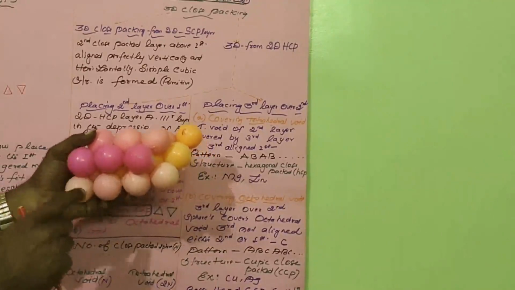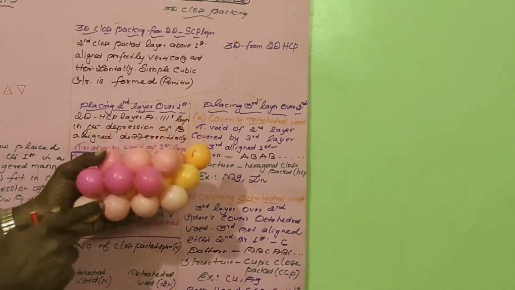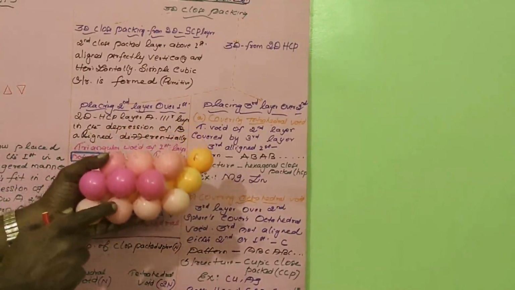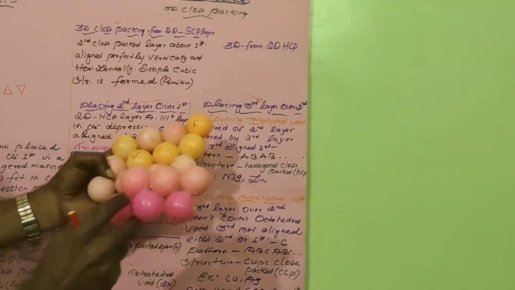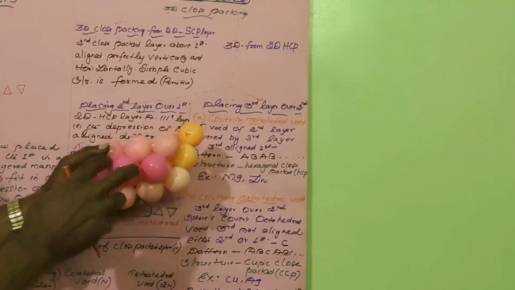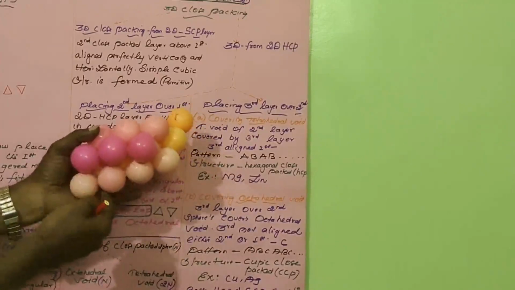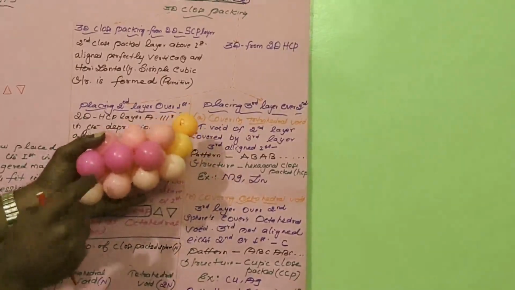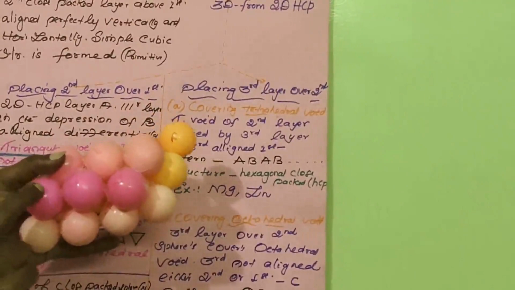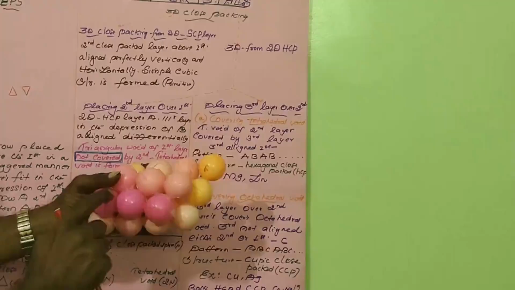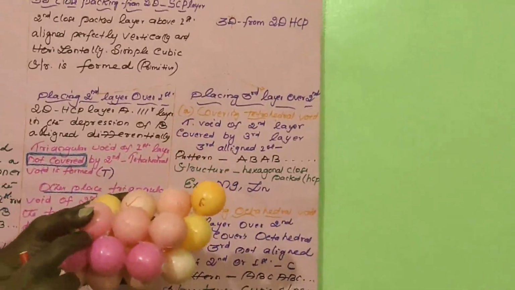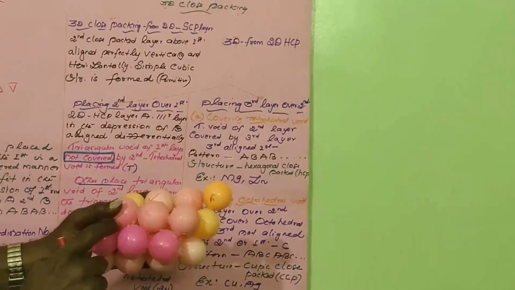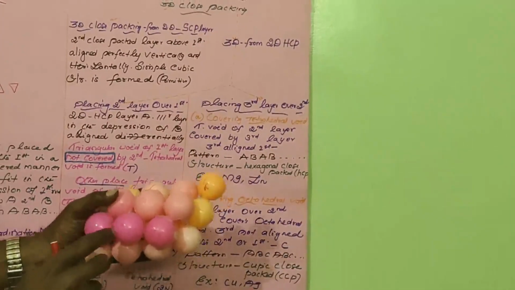How is the tetrahedral void formed? The triangular void of the first layer is not covered by the second layer. Here the triangular void is touched by 4 spheres: 3 at the bottom and 1 above, so 4. That type of void is known as a tetrahedral void. At the other place, the triangular void of the second layer above the triangular void of the first layer does not overlap.